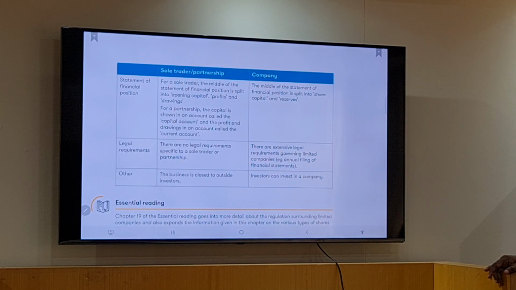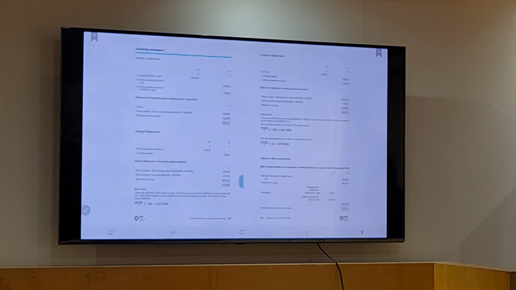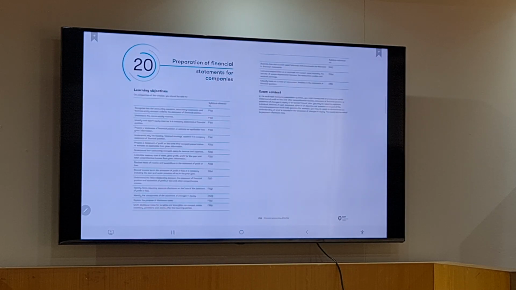Statement of financial position. For the sole trader, the middle of the statement of financial position is split into opening capital, profits and drawings, obviously. For the company, the middle of the statement of financial position is split into share capital and reserves that we discussed now. Legal requirements, there are no legal requirements specific to a sole trader or partnership. There are extensive legal requirements governing limited companies for annual filings of financial statements. Other, the business is closed to outside investors, obviously. Investors can invest in a company. So with that, this chapter is over. And then we move on to preparation of financial statements for companies. Stop the video and then